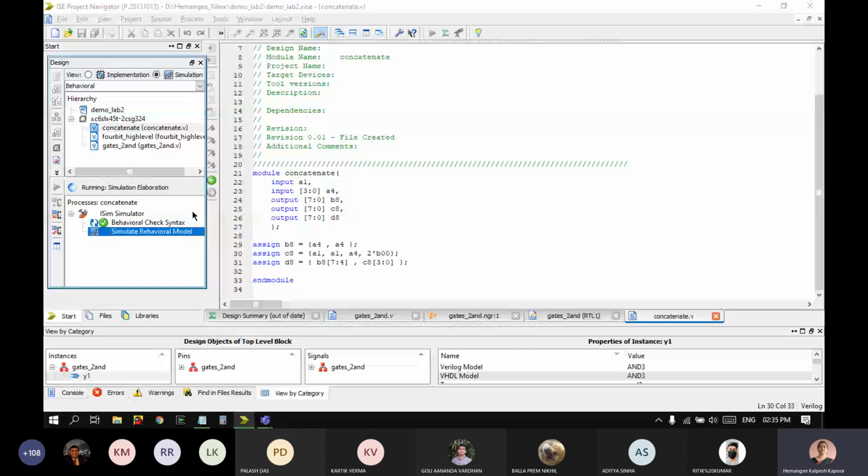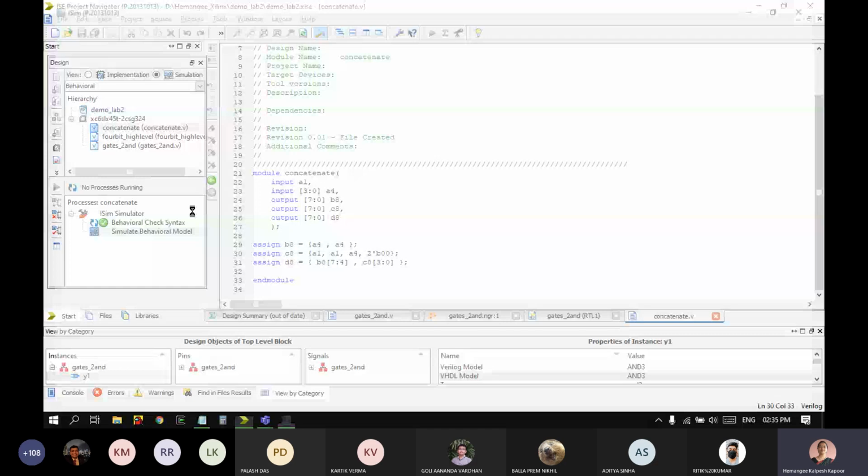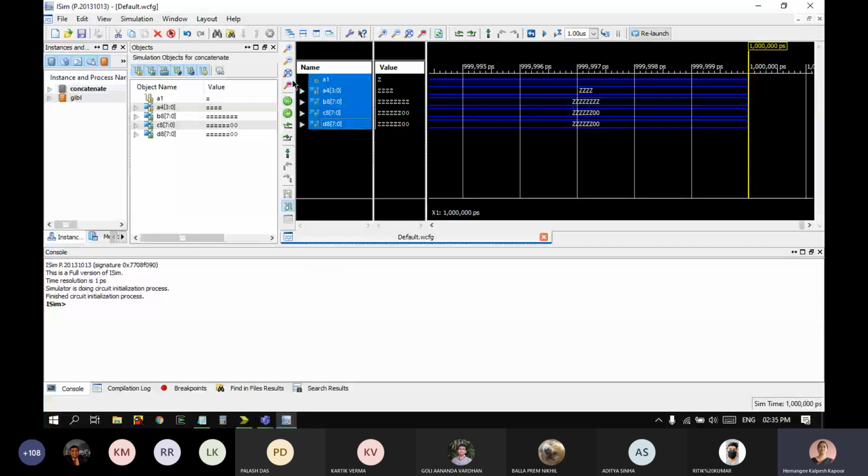Okay, so it opens the iSim window with these waveforms. Initially there is nothing because I had used the constant to create C8. That constant 00 is seen, otherwise everything is in high impedance state because they are not connected wires.